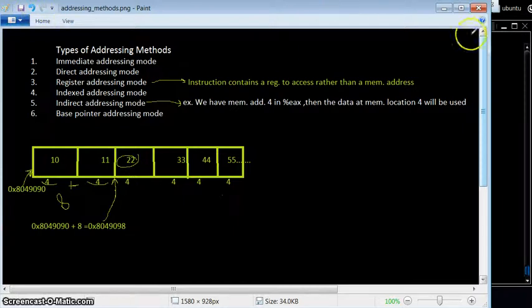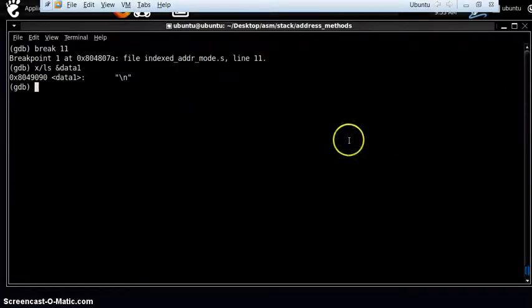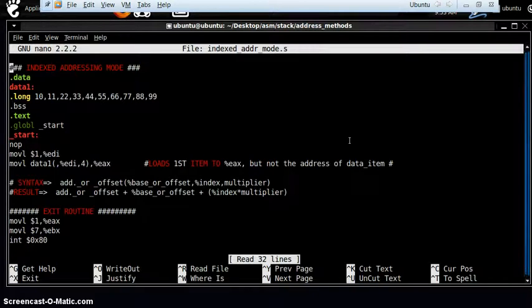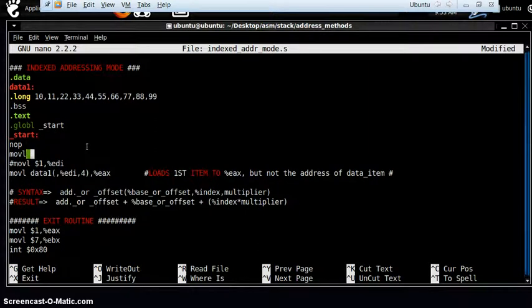So let's quit this one. The syntax tells us that we must have a register to set our offset. So our offset value 8 should be saved onto some register. So we introduce a register over here. Basically we comment this line and we